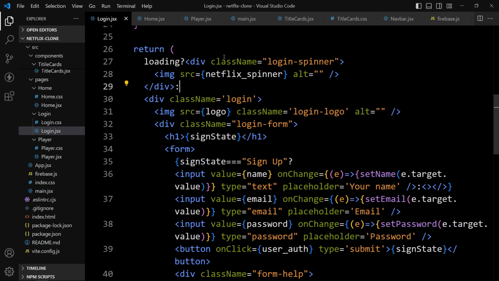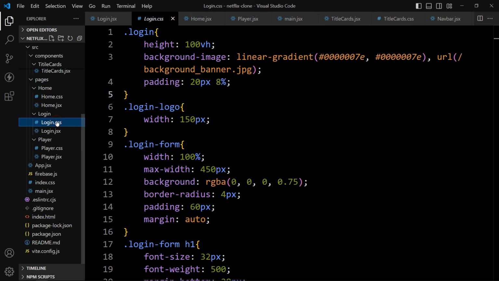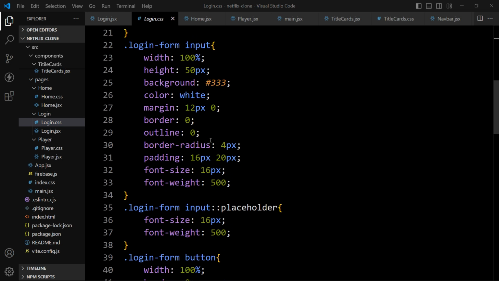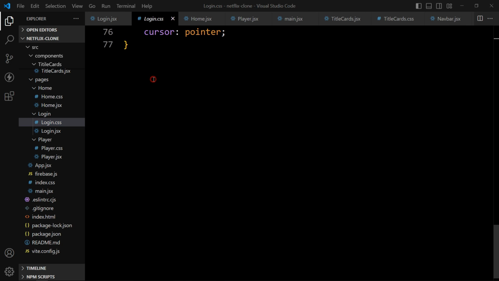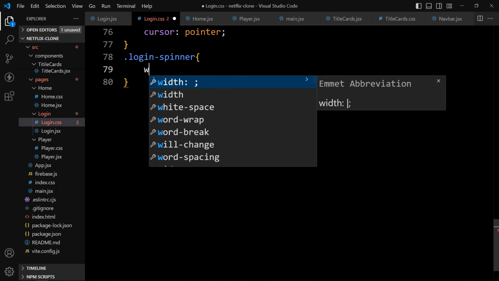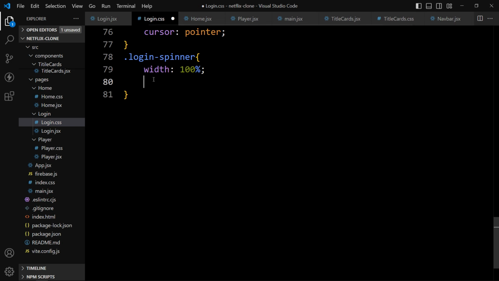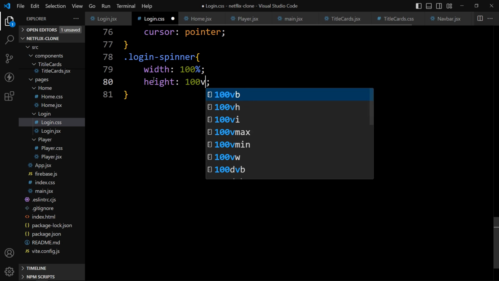That's it. Now we have to add the CSS properties for this login spinner. Just copy this one, open login.css file, scroll down. Here we will add .login spinner and we will provide the width 100%, then height will be 100 VH.